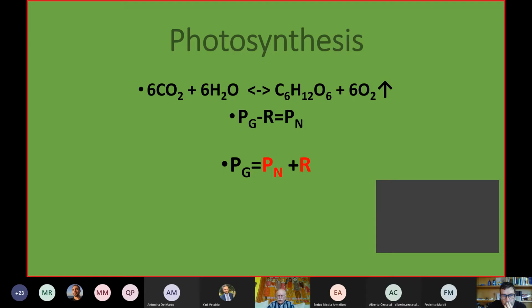Please pay attention that the arrow can be reversed, and then you see the respiration of everything, including all of us at this very moment. We take substrates, high energy containing organic molecules that really all originate in plants, and we burn them with oxygen, which we inhale. And you get the PG, which is the gross photosynthesis, minus respiration. You are left with what we call net photosynthesis.